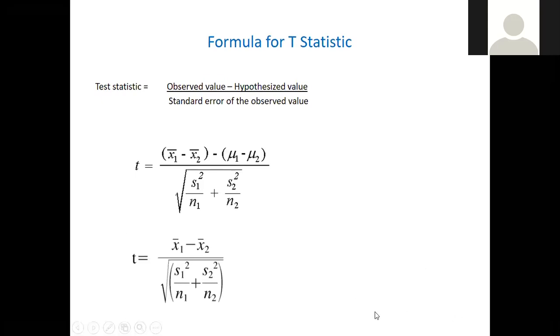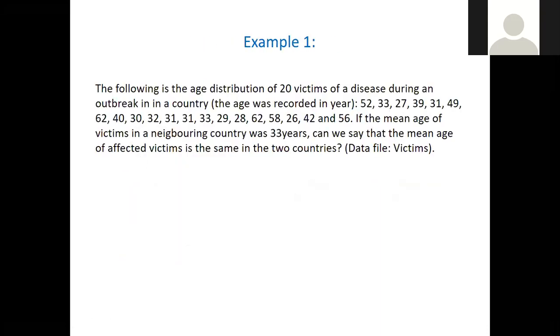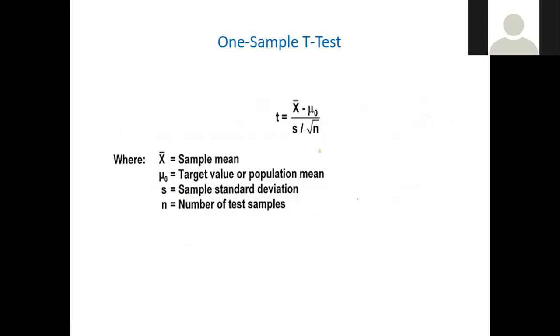So don't let this one confuse you. For you to get it, let me use this formula for sample size for one sample t-test. If it is one sample t-test, it is easier. Even for paired sample t-test, it is the same logic. Look at this: X bar is the mean you have just calculated. This mu 0 is the mean they gave you in the population.